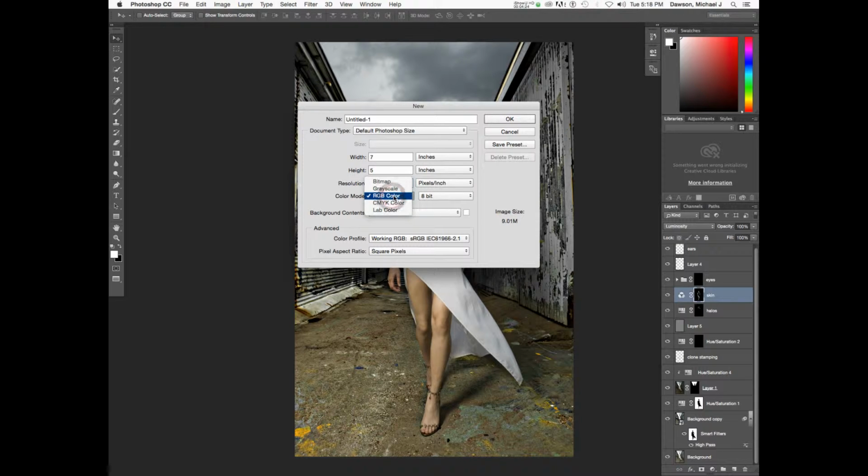Color modes. I'm going to cover this a little bit more in depth in a second, but generally never, ever, ever work in a CMYK document. You will pull your hair out trying to get the colors right. It doesn't work. If you're going to CMYK your documents, it's always the last step. So unlike Illustrator, where it really didn't matter if it was Adobe RGB, RGB or CMYK, this really matters. And it matters because